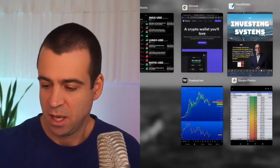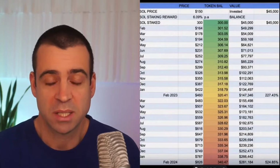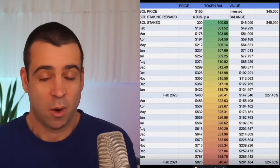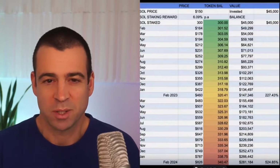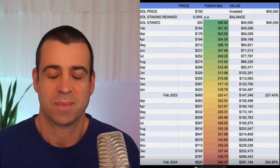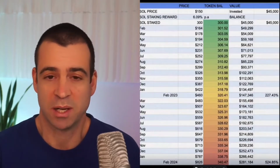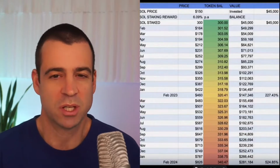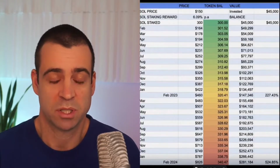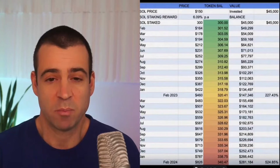Let's jump into that. I got something from James at InvestAnswers, which is really cool. He basically wrote down, what if we stake Solana at around 6.09% starting now. It's January, so in February we would have, if we put in 300 Solanas at the current price, and then the price slowly evolves forward as expected with Solana. The ecosystem is strong, everything is strong. So if we put in just 300 coins, that's $45,000 into Solana, and we have an interest rate of 6.9%, and we have the price also moving slowly upwards, then as you can see here in February 2023,